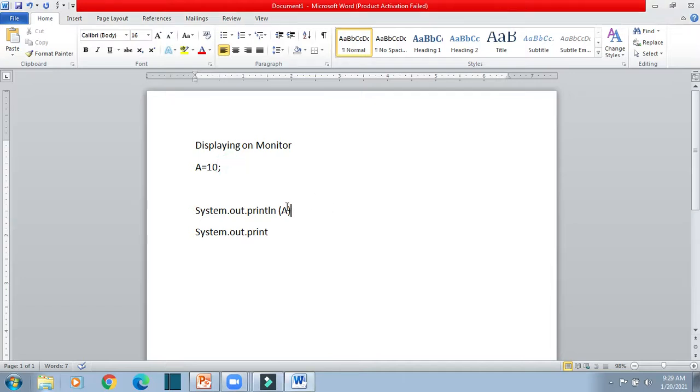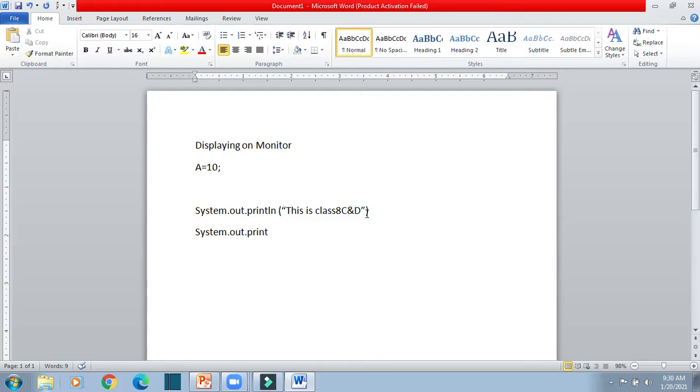Now, instead of writing a variable, I can write any expression also, any string also. It should be in double quotes. So, for example, I am writing "this is class 8 C and D" in double quotes. Whatever I write in double quotes will be printed as it is. So the computer will print this is class 8 C and D. Same to same will get printed. So either you can write the name of a variable, whatever value is there in the variable will get printed, or you can write the string also, it will be printed as it is.